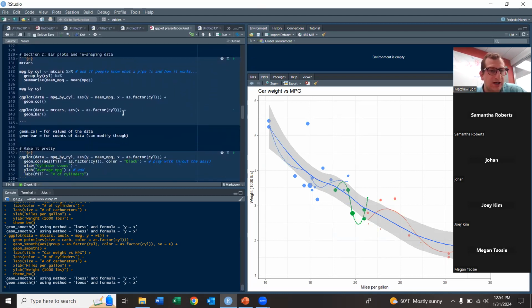Moving on, section 2, bar plots and reshaping data. Okay, this one might be tricky. Again, it's only for me to introduce it to you so you can Google it better on your own. I won't tell you everything about it. So, let's say